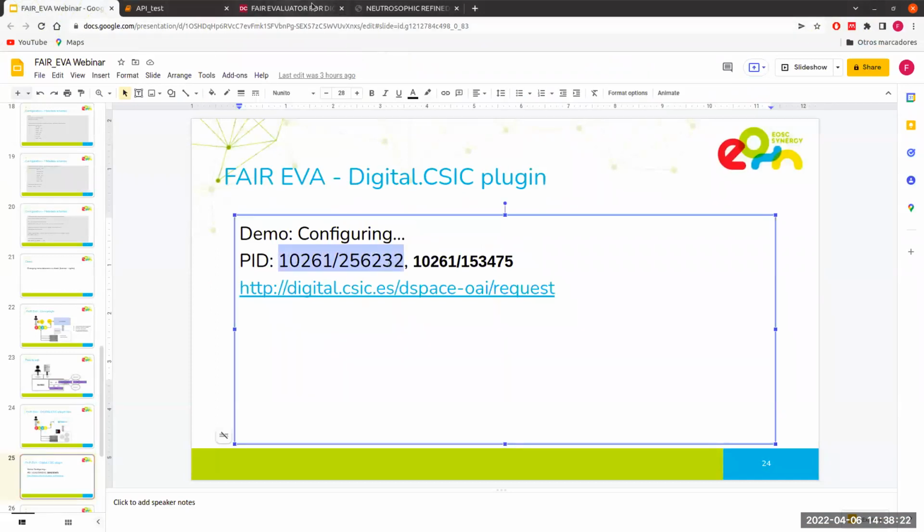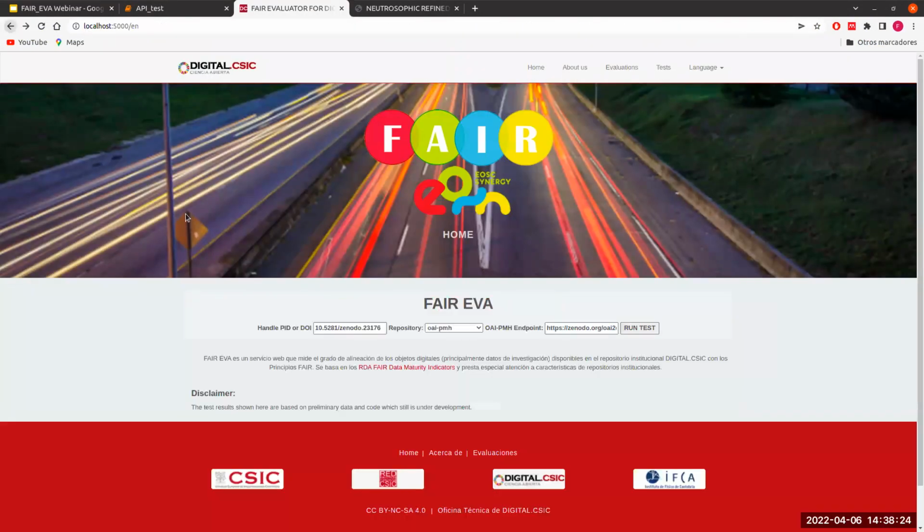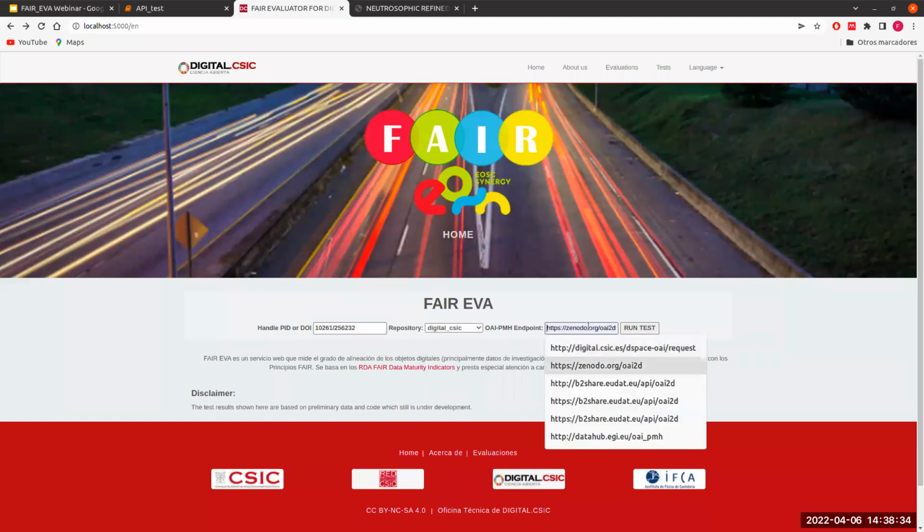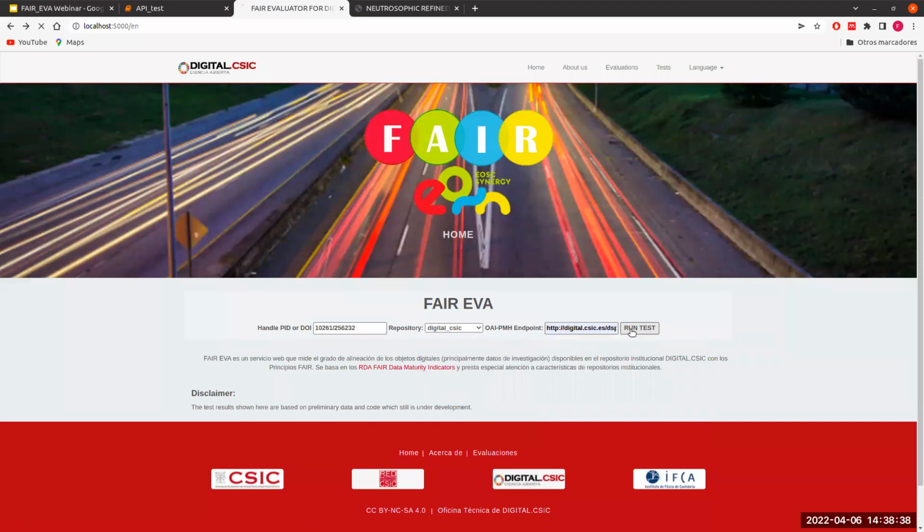If we do it like this, we can put here the DOI, in this case it is a PID, we can select Digital CSIC as the repository, and we can select the OAI-PMH endpoint. And if I run the test, it will not work because basically I didn't configure the plugin.